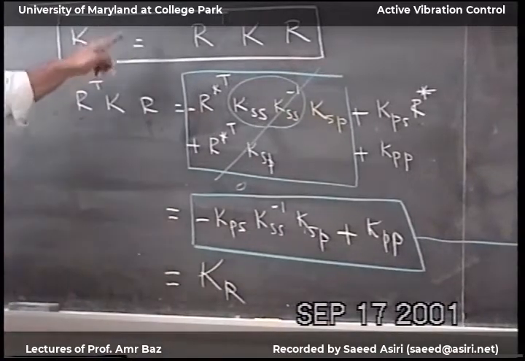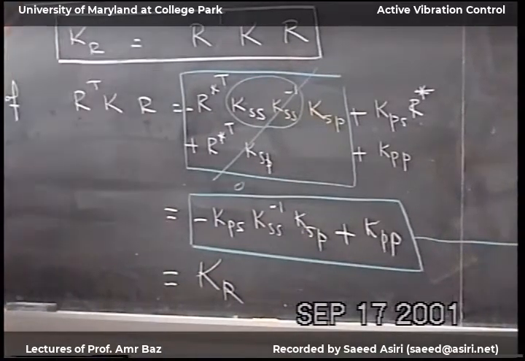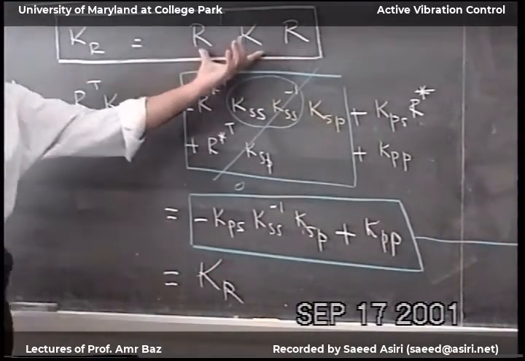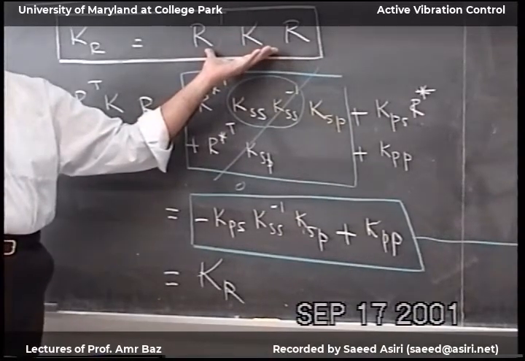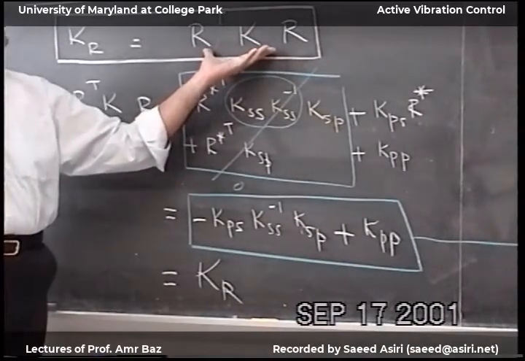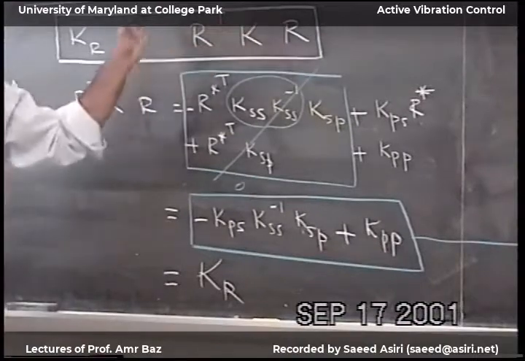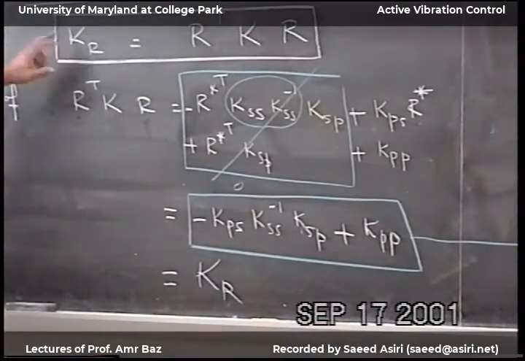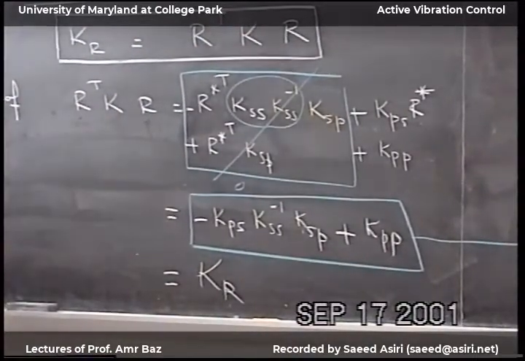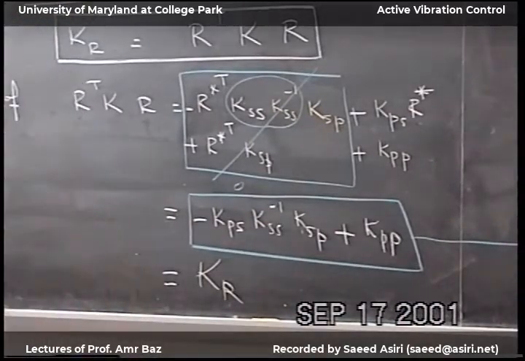Now in this formulation, it's all multiplication, matrix multiplication. There is no inverse, there is no like matrix inverse. So this is an easy way of calculating the reduced stiffness matrix. Now, the second way